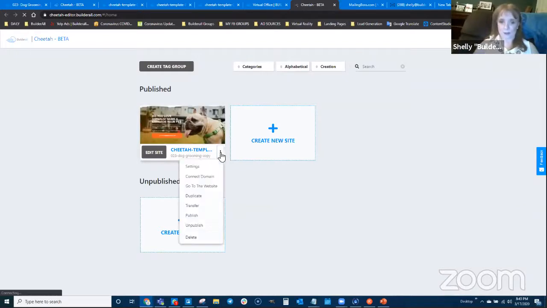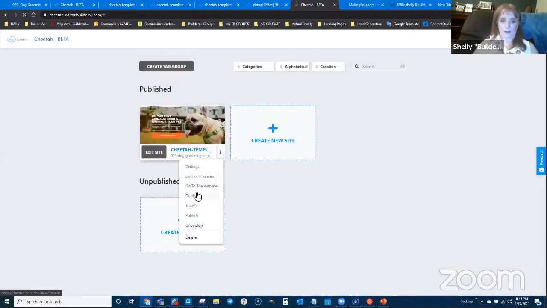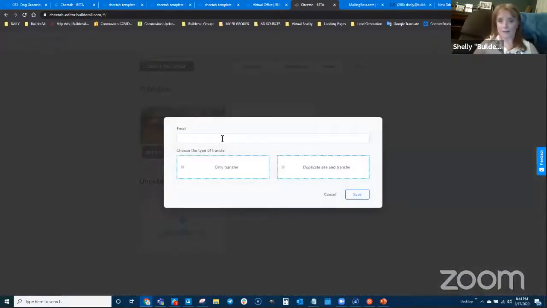And if I click these triple dots and I go to publish, no, not publish, sorry, click here and go to, oh, I can go to transfer. So I can actually transfer it to my account. So let me click transfer. Frankie, I'm fixing to send your, oh, here's duplicate site and transfer.